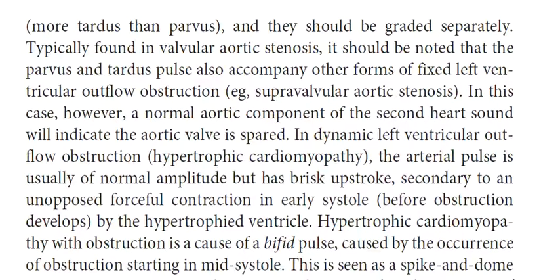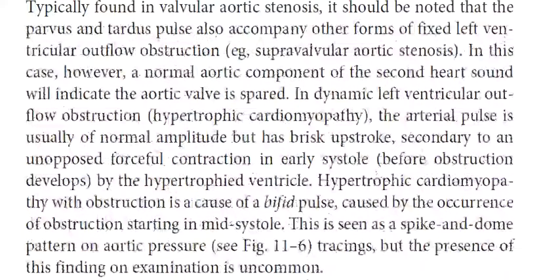In dynamic left ventricular outflow obstruction, hypertrophic cardiomyopathy, the arterial pulse is usually of normal amplitude but has a brisk upstroke, secondary to an unopposed forceful contraction in early systole before obstruction develops by the hypertrophic ventricle. Hypertrophic cardiomyopathy with obstruction is a cause of a bifid pulse caused by the occurrence of obstruction starting in mid-systole. This is seen as a spike and dome pattern on aortic pressure tracings,